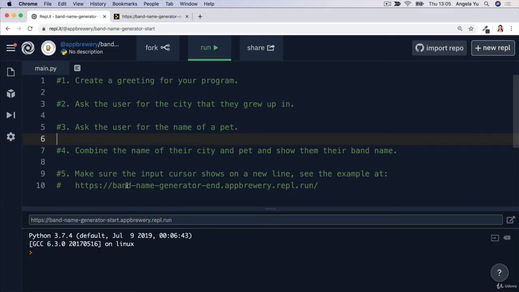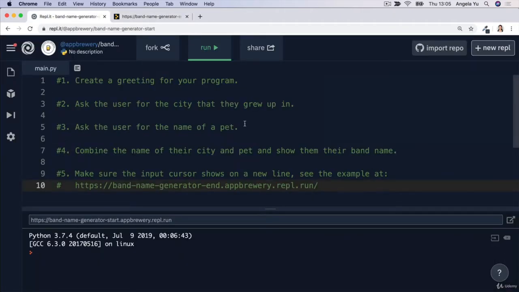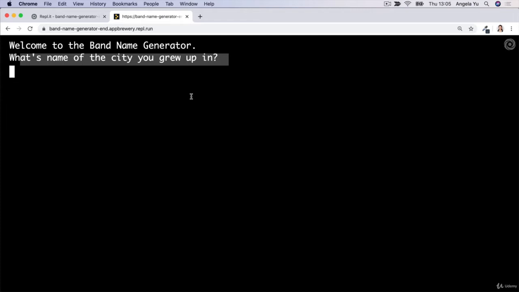And what I want you to do is to go ahead and head over to this starting project. So this is the URL, and it's also, of course, in the course resources. And once you head over here, you can fork this code and complete your own version. So there's a couple of steps in here as hints. If you don't want to see these and you just want to go by the end project, you can also just delete all of these. But the important thing is once you've completed this project, it should work exactly the same as the one that